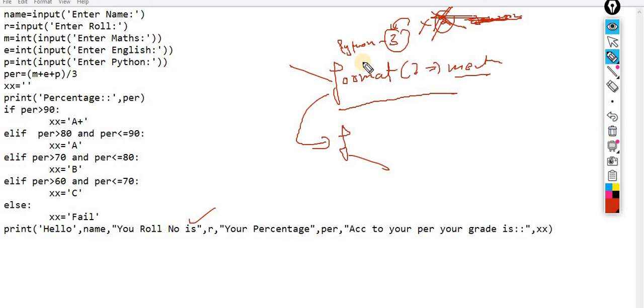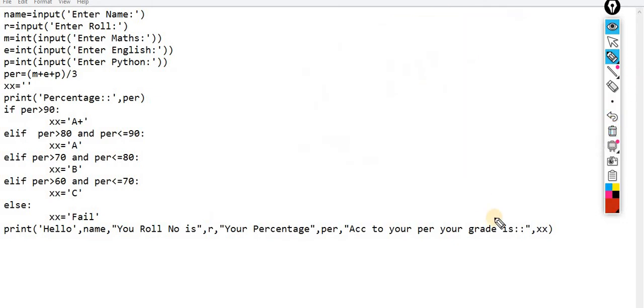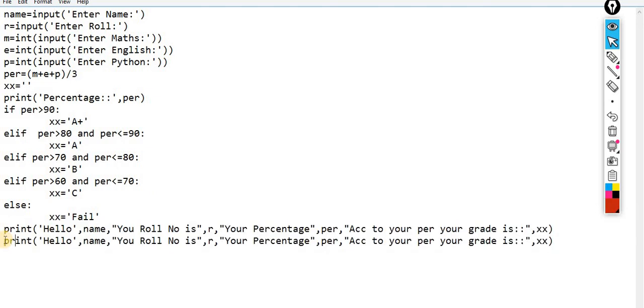So now understand the format method. Now I am writing the same line, displaying the same thing on the screen. I am copying it and pasting it. This time, observe carefully. Where I need the name of the variables, where I need the data of the variable, there I am simply using these curly braces.